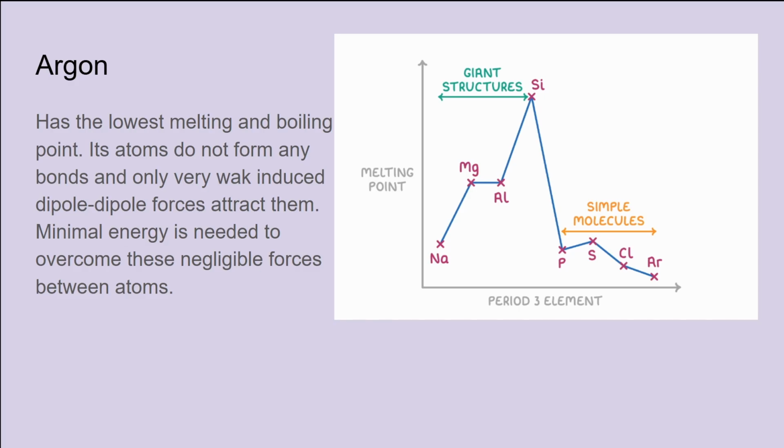Now we move on to argon, which has the lowest melting and boiling point in the period, and that's because its atoms do not form any bonds, and it's only very weak induced dipole-dipole